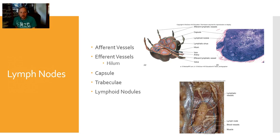There's going to be a cortex. There's going to be a medulla associated with this as well. And again, a cortex is just an outer portion of an organ. A medulla is an inner portion of the organ. But you're going to see vessels coming to the lymph node, and you're going to see vessels leaving the lymph node. So all these little guys here that are bringing dirty fluid to the lymph node,